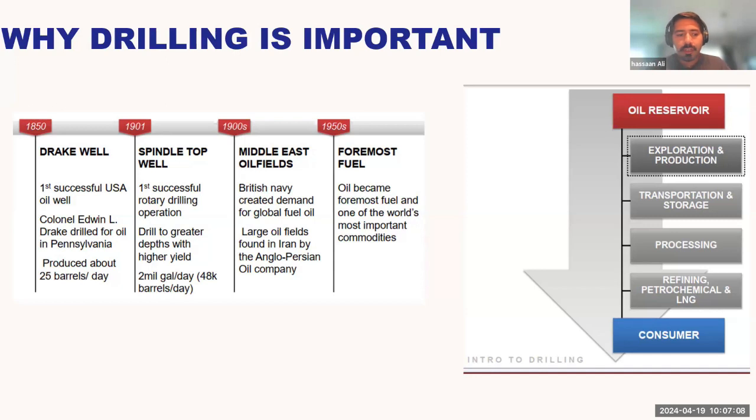Now, when we talk about the oil field industry, there are two things you will hear quite often. One of them is upstream, one of them is downstream. Sometimes people get confused about what is upstream and what is downstream. I'll try to make it a little bit easier for you. Usually when we talk about upstream, we are talking about exploration and production. But as we start talking about processing and refining, we are talking about downstream. So a lot of times you will hear about upstream developments and downstream developments. Downstream is more towards petrochemical refining, when you start dividing those hydrocarbons into ethylene, ethanol, gasoline, diesel, and that's where you actually start utilizing them, not only as a fuel, but also in chemicals and